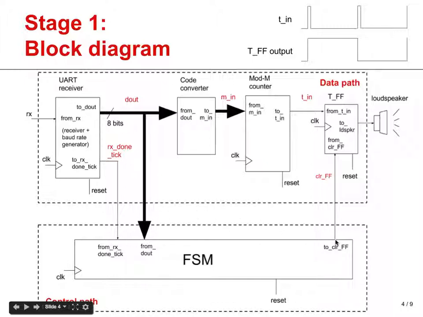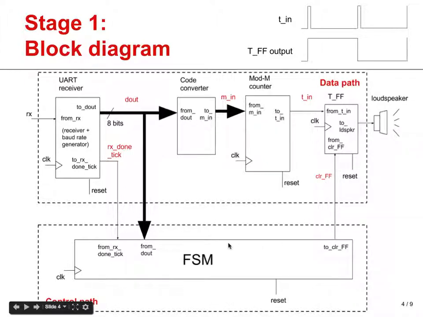So actually, if we look into the ASMD chart, as we will do in a moment, the inputs to the control path are those signals that will be used in the decision boxes of the ASMD blocks, and the outputs coming from the control path into the data path are the signals that will be represented in the square boxes in the ASMD chart. Now, the square boxes comprise the state box, which is represented with square corners at the beginning of each state, and also eventually conditional output boxes, which are represented by rounded corner rectangle boxes. In this case, we will probably just have state boxes because we have only one output, which will be a